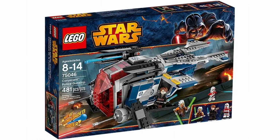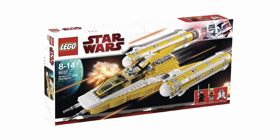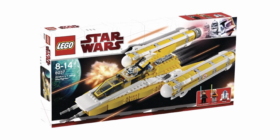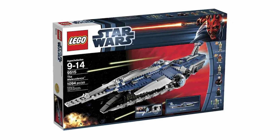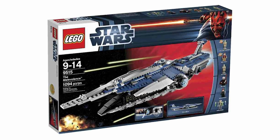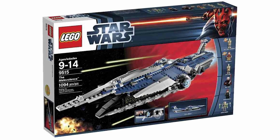It's a very striking design. Anakin's Y-Wing starfighter from 2009 is 16 years old and has not aged a day. I think they did a brilliant job with the build of this set. It's so seamless across the board. Finally, the 2012 The Malevolence set is a very impressive separatist vehicle. It lacks a little bit of interior, which is why it's not on this list, but I wanted to give it a shout out. Now that the honorable mentions are out of the way, it's time to reveal number 1,